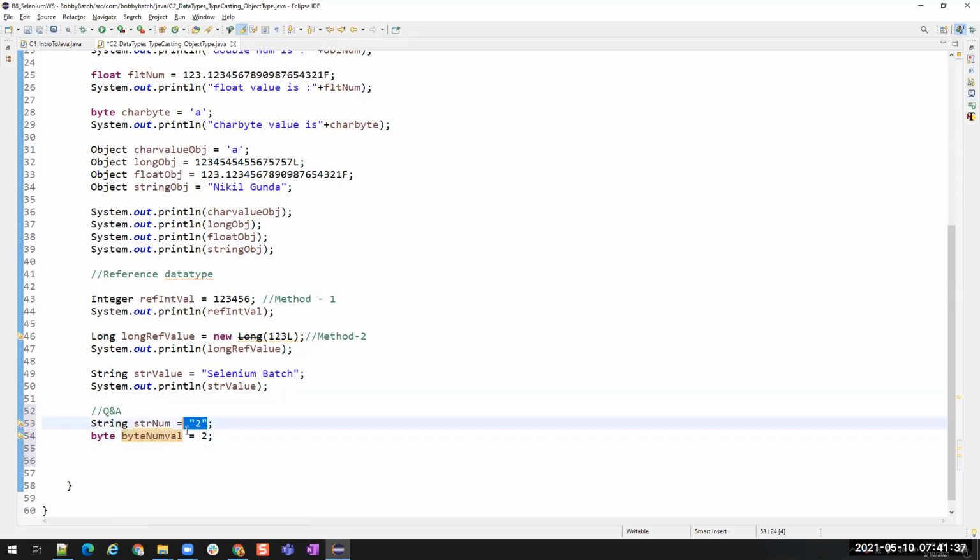Still, you can store like this. Okay, you can store a single character inside a string, no problem. It will be stored, but it will be treated as a string. Even this number will be treated as a string, right? Okay. Now let us see